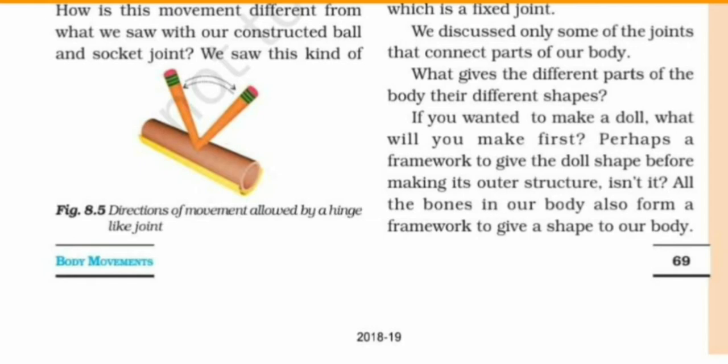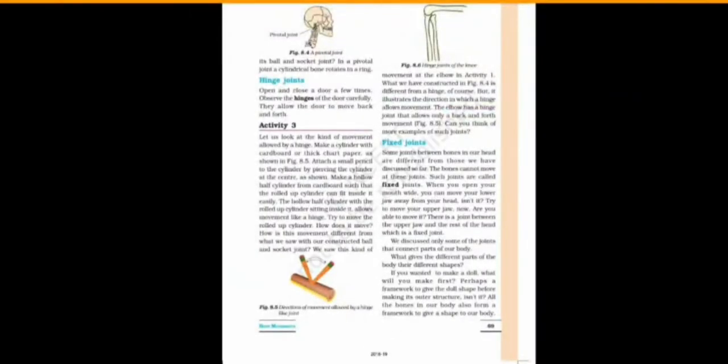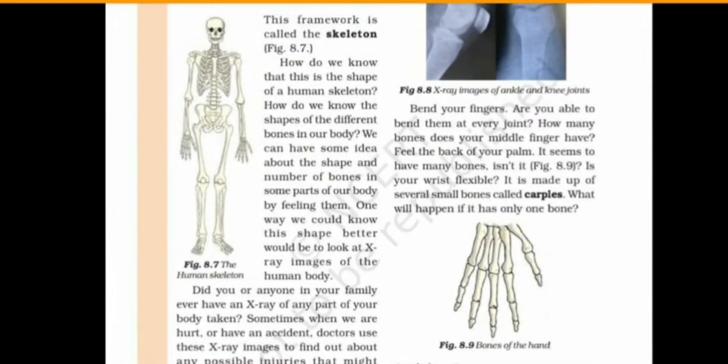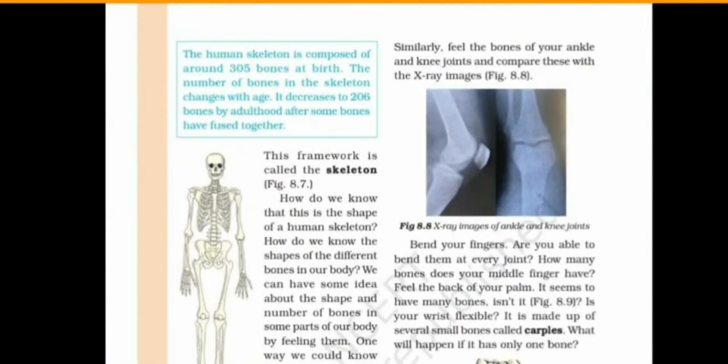The skeletal system is a rigid framework of bones that serves many important functions. It provides support, shape and strength to the body, and also it protects the internal organs and also helps in the movement of the body parts. There are 206 bones in an adult human body. The skeletal system comprises the skull, backbone, rib cage, and limbs. Understood? The framework of the bones is called the skeleton.